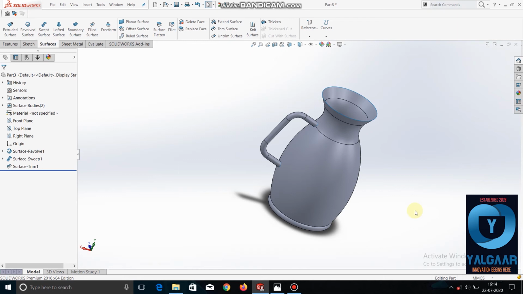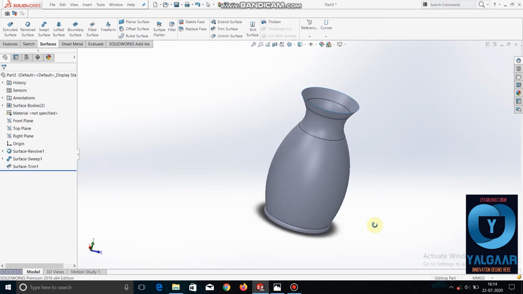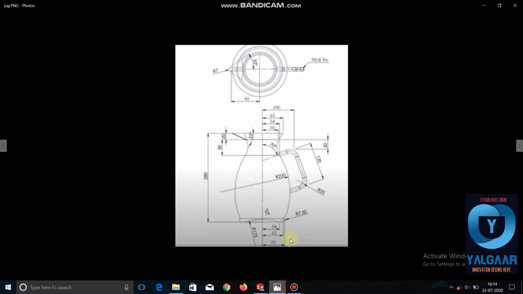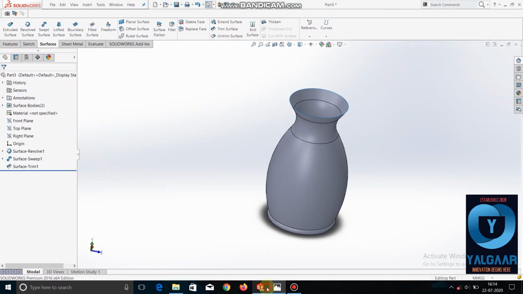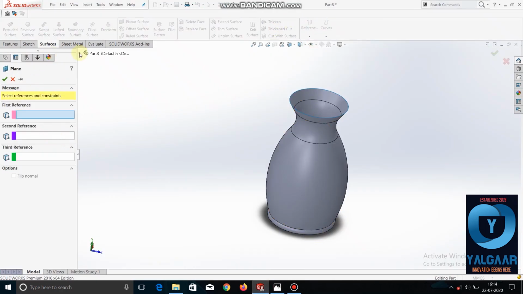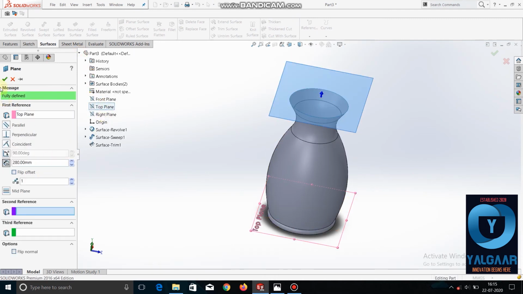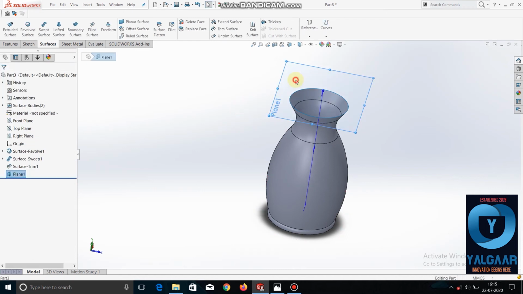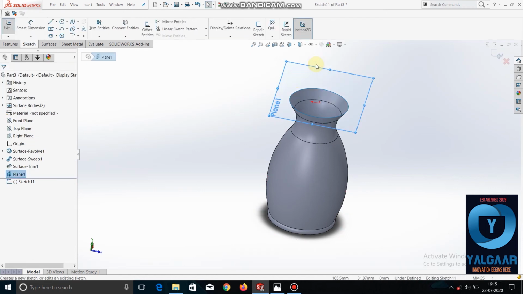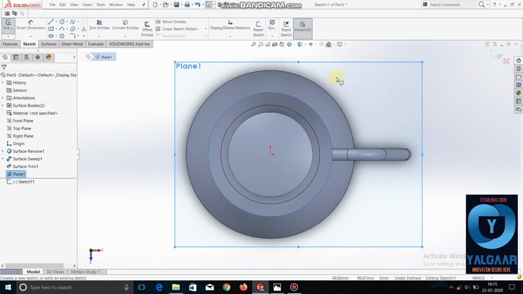There is a small beak here, beak of jug, so we are seeing it right here. So construct a reference plane to 80 mm. Okay, so sketch here. Draw a center line.